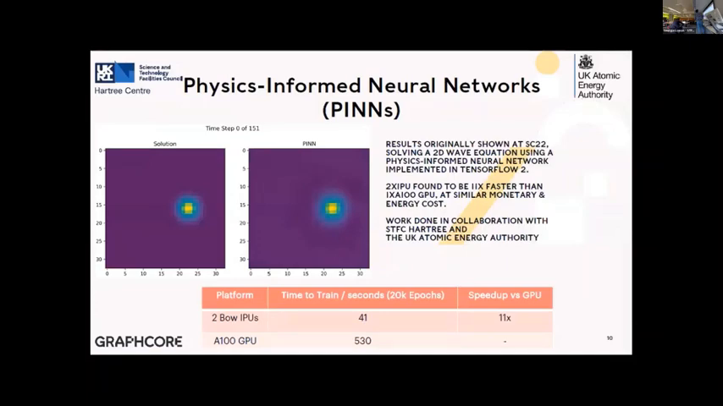One, of course, that's a play. Oh no, it's a PDF. It can't animate. I really like this animation. It's the nicest thing I've ever made. But this was shown at SC last year, so working with our friends at UK AEA on some physics-informed neural